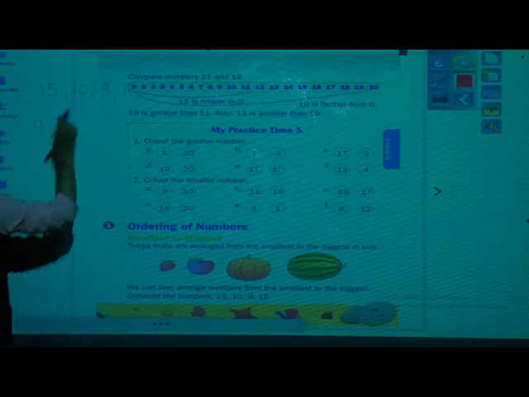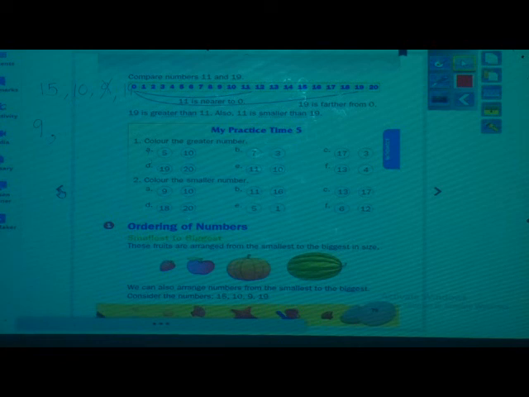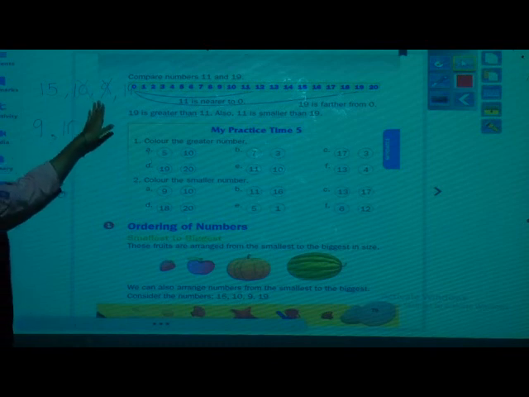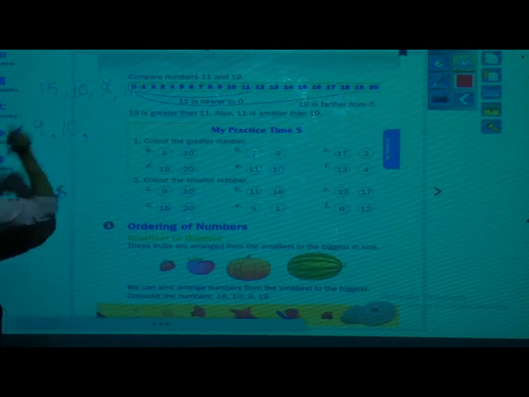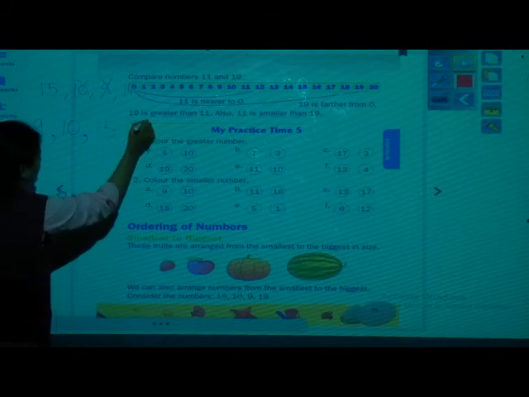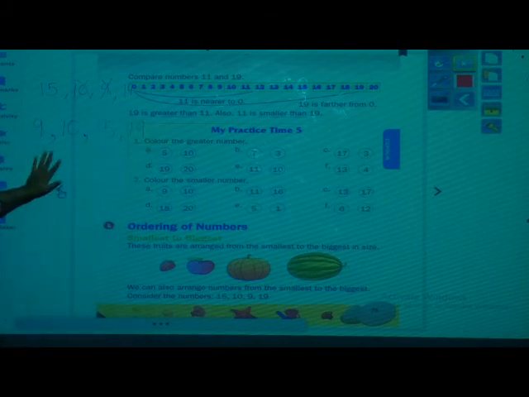Now 3 numbers are remaining. Compare 3 numbers. Which is small? 15 पहले आता है या 19 पहले आता है या 10 आता है? 10 आता है. So 10 is the next number. Cross it. Okay? Don't do that cross. It is just for your understanding. Fine. Now these 2 numbers are remaining. Which comes first? 15 and then 19. Okay, so these 4 numbers are arranged from smallest to biggest.